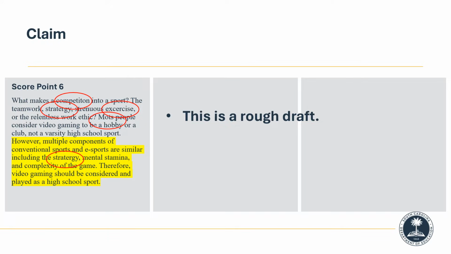Your English teacher eyes have probably noticed the misspelled words in this paragraph. You may have even questioned how this student received a 6 with this many spelling errors. Don't panic. This is considered a rough draft. In the classroom, students are allowed the opportunity to rewrite papers after making revisions and edits. On the end of course exam, they are not allowed this opportunity. Because of this, spelling only affects the score if it impedes the reader from understanding the response. There are examples of non-scorable papers in the TDW sampler document.